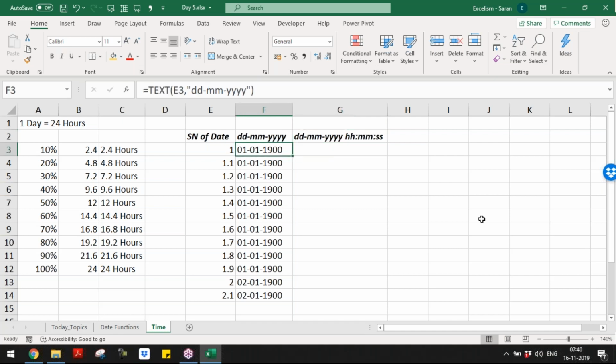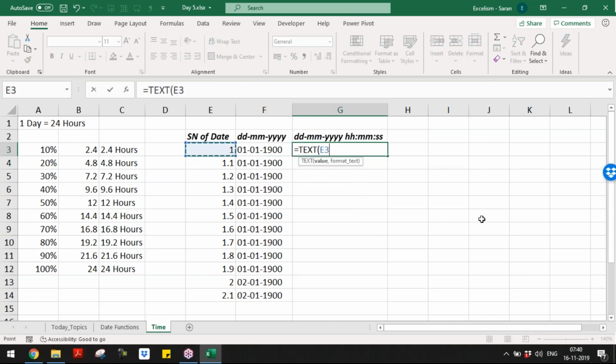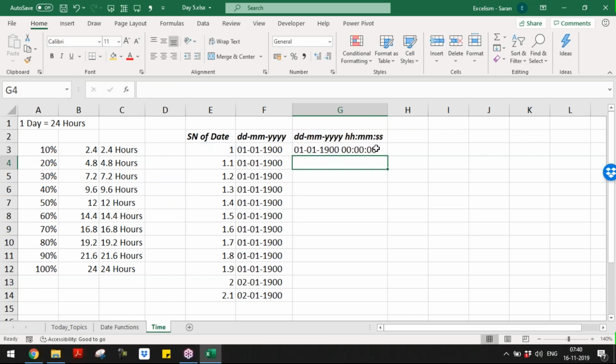Now if I put the same thing, right? So equal to TEXT, consider this, comma, either you can type this or you can refer to this, because this is anyway the text, right? So let me freeze this. Now if I enter, exactly, what is the meaning of 1? As per Excel, 1 means exactly 12 a.m. 1st January 1900.